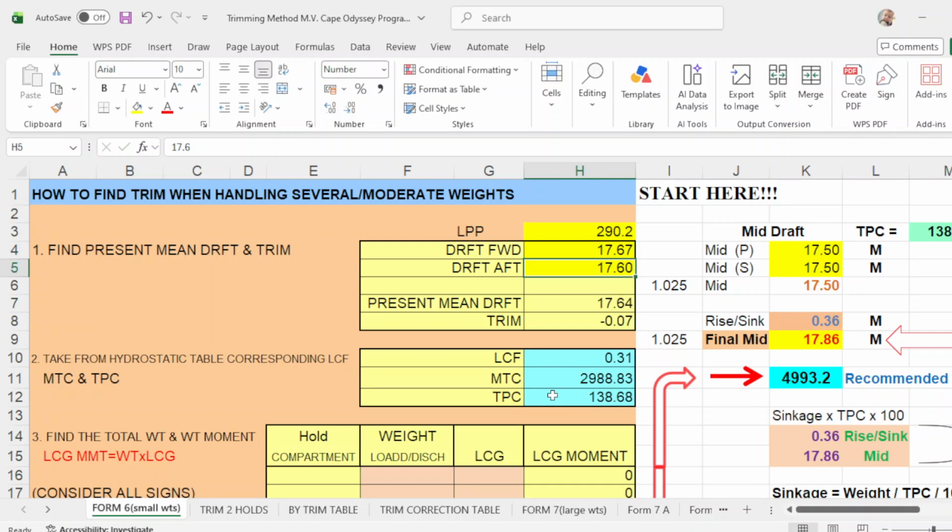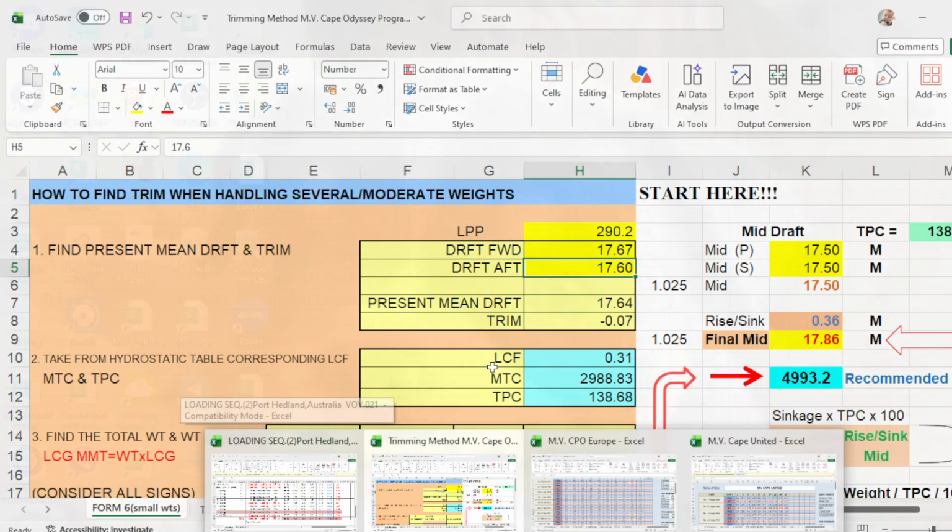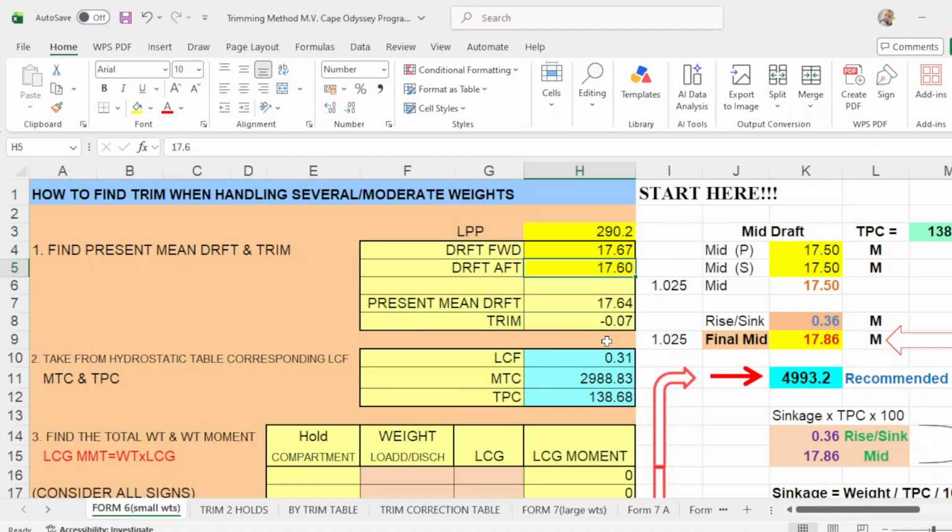So you put here 17.67, and aft draft is how much? Aft draft would be 18.07. So put here 18.07. Okay. And take note of the mean draft is 17.87, trim is 0.40, LCF is 0.30, MTC and TPC.